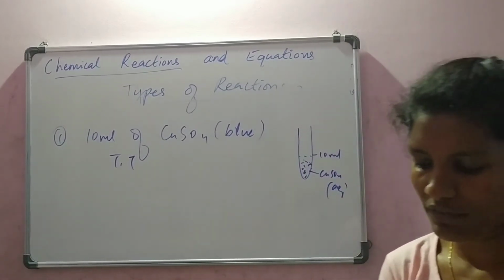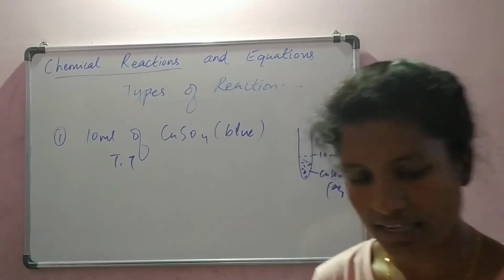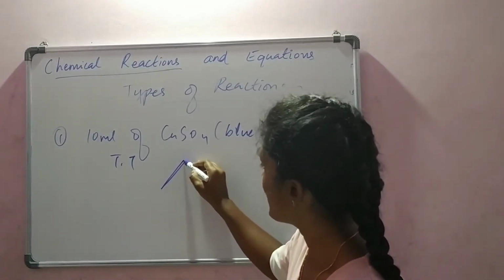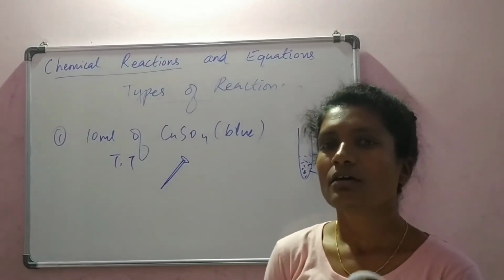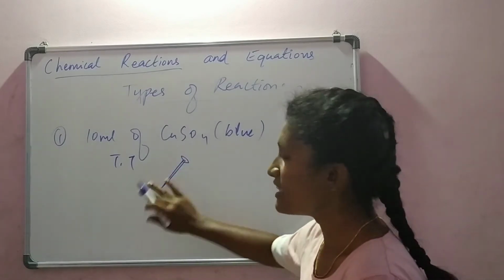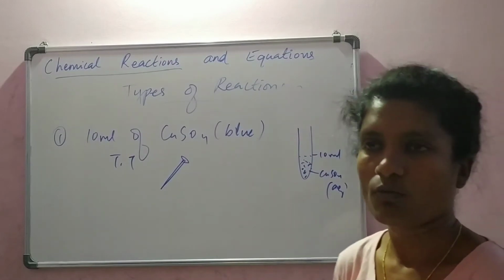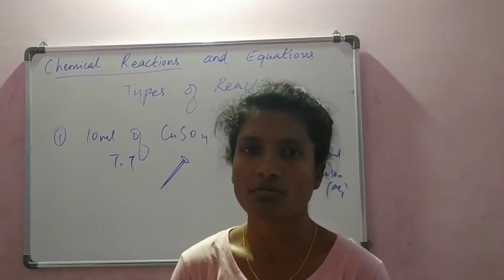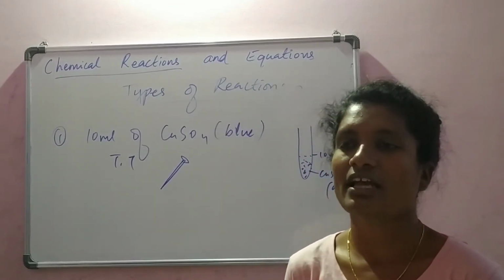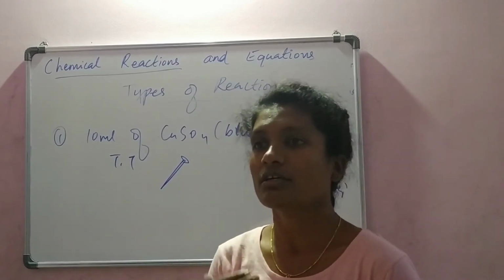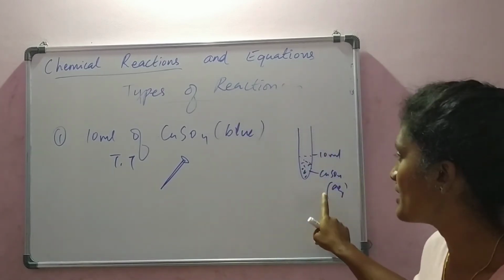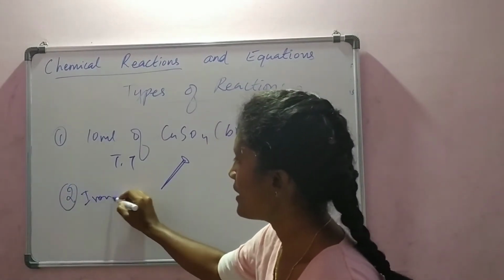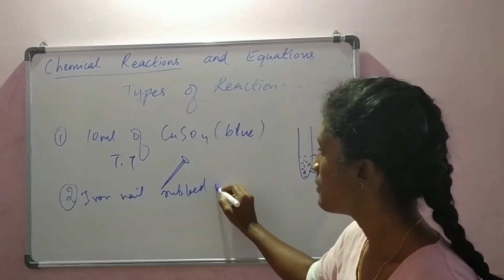Then what do we do with that? Then take a big iron nail and clean its surface by rubbing with sandpaper. Iron nail is made up of ferrum, right? You have to clean that before putting it into this solution. Why do you need to clean that? Because the iron might contain rust, water, moisture or other things. Sometimes the iron nail may be painted. So we have to remove all the external chemicals because our reaction will be affected. We need only iron. So the iron nail is rubbed with sandpaper.